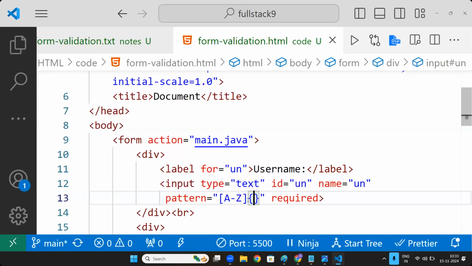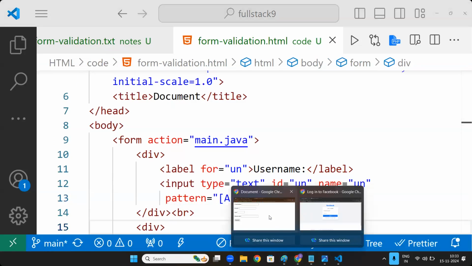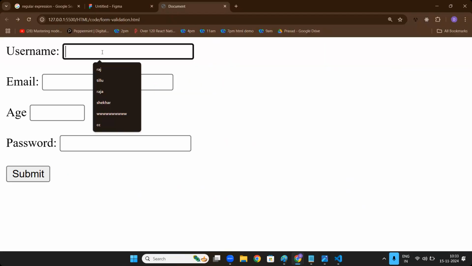How many are there? Like minimum three characters. Three characters. Oh, not only minimum, but exactly three uppercase characters. Exactly three uppercase characters. Now, if I enter RAJ,